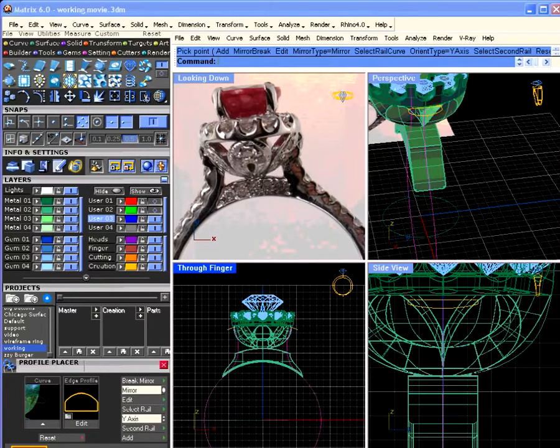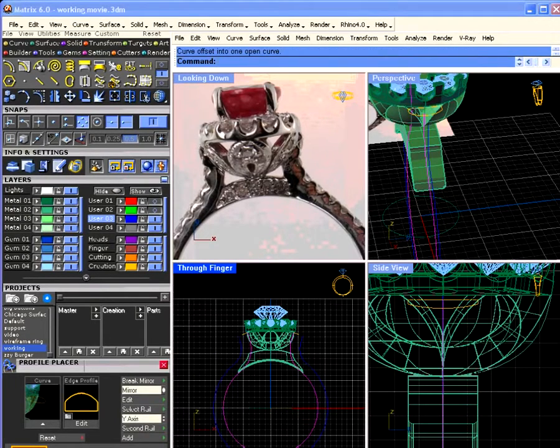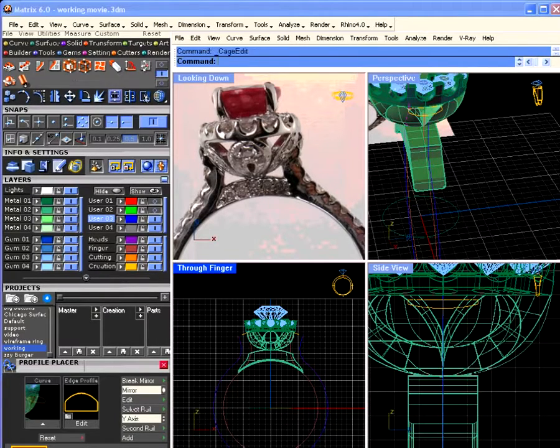Now what I'm going to do is I'm going to take this one and offset .8. Alright, and then I'm going to take this one and do a cage edit. Actually, I think that's the easiest way to do this. So we go cage edit,